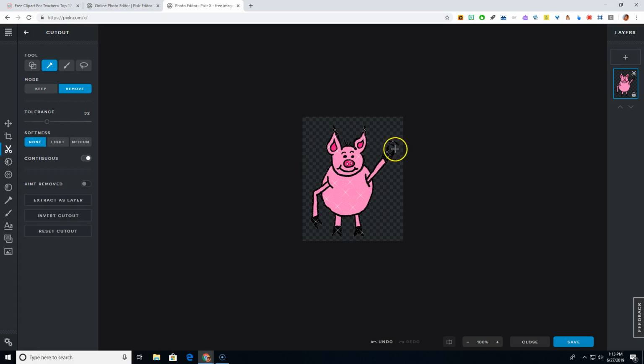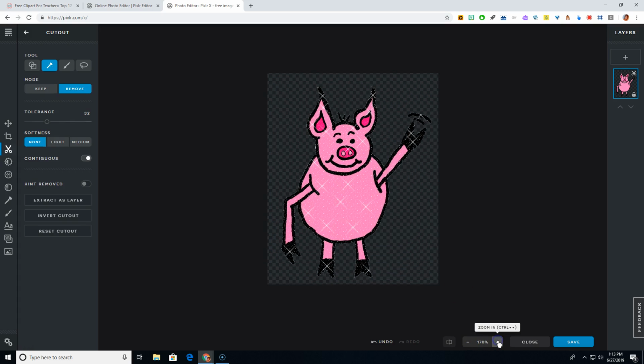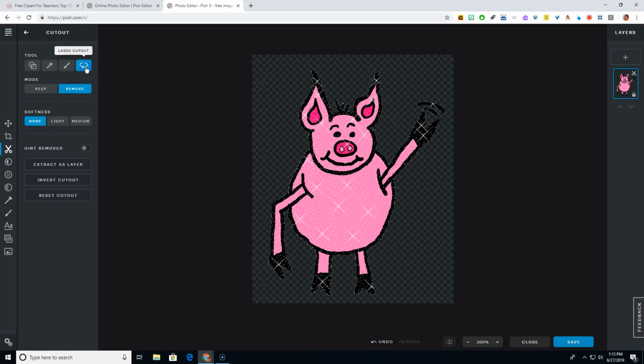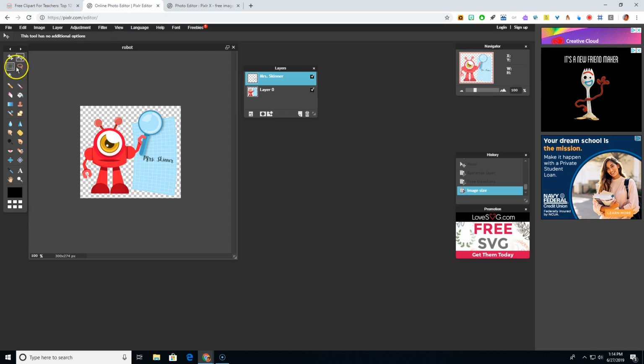There's also, say you wanted to get rid of, I don't even know what that is over there, some weird little things that are happening. You could take the lasso cutout and remove. So I can just draw around this little area here and get rid of that little section as well. And you have a lasso in the other program too, so if there was an area you wanted to get rid of,